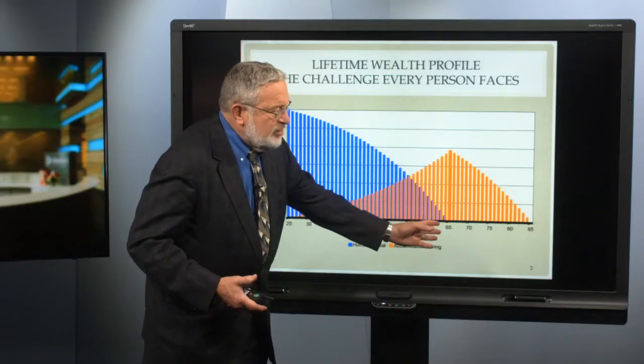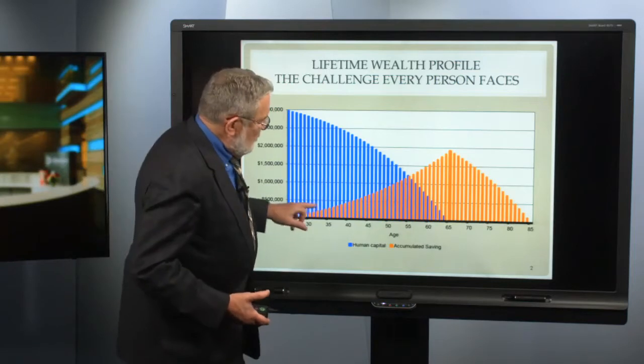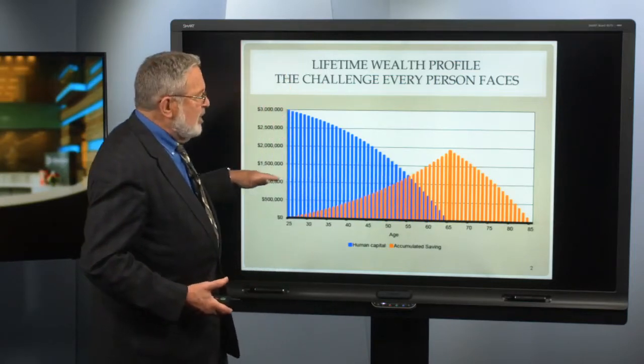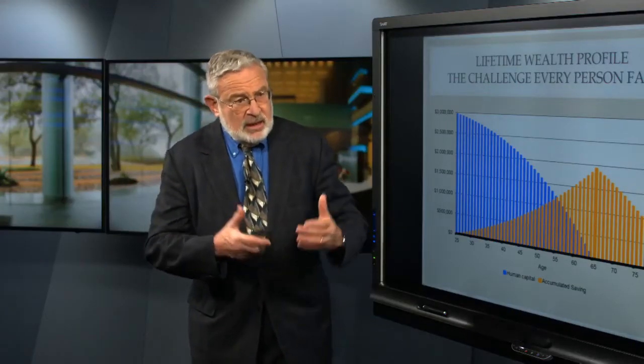Earnings until age 65, saving during that period. So the orange curve represents the accumulated savings in presumably a retirement account. Initially, there's nothing there at age 25, and this blue curve is the present value of all your future earnings. And in the model that Bob Merton and eventually I jointly developed,